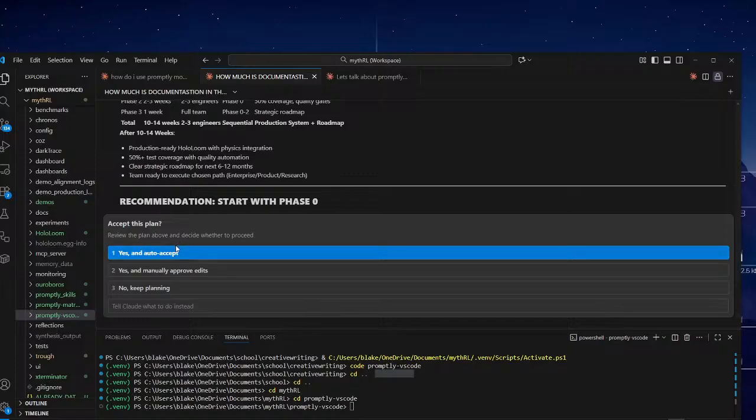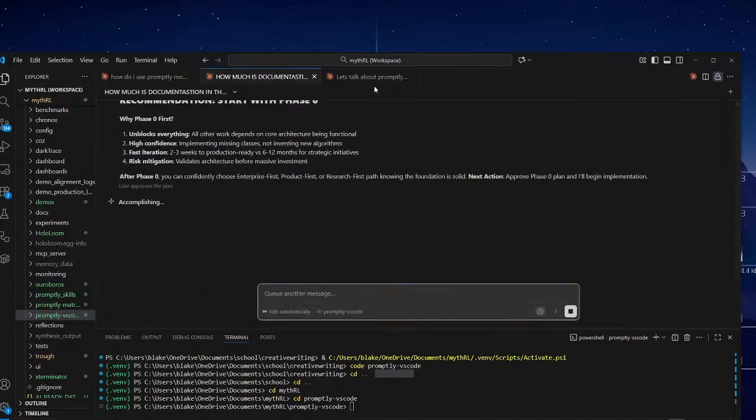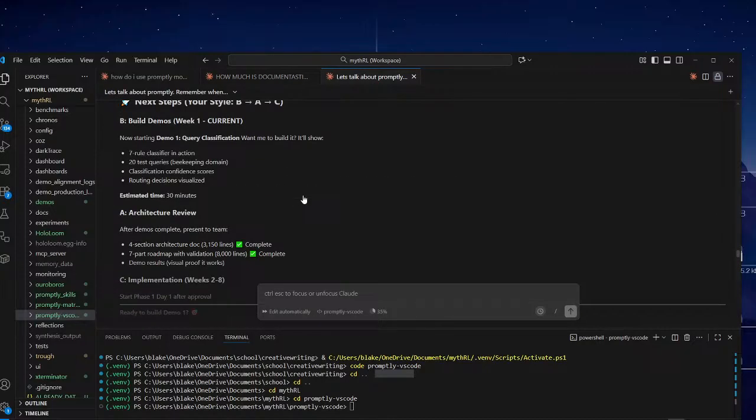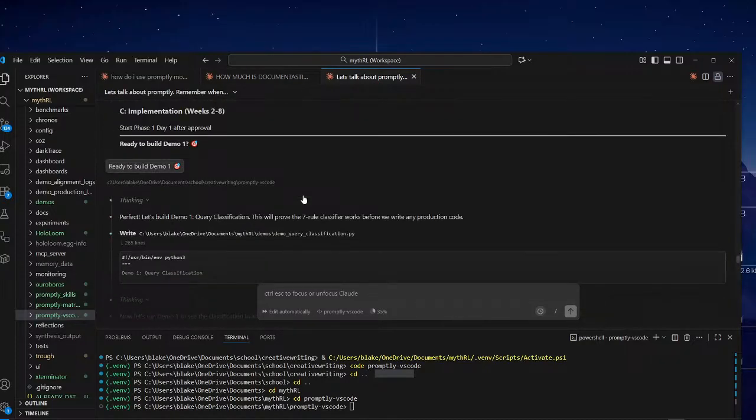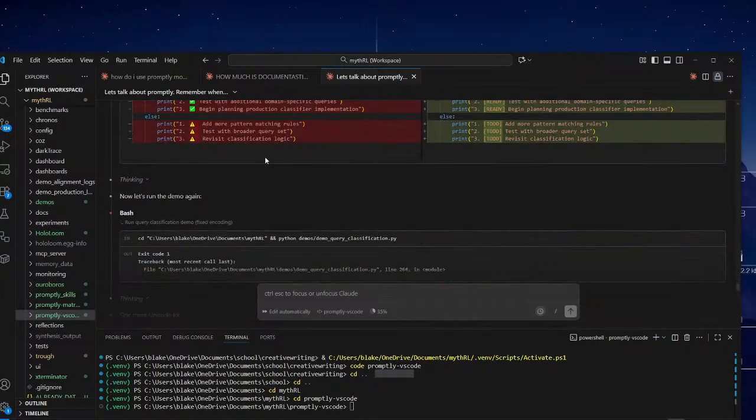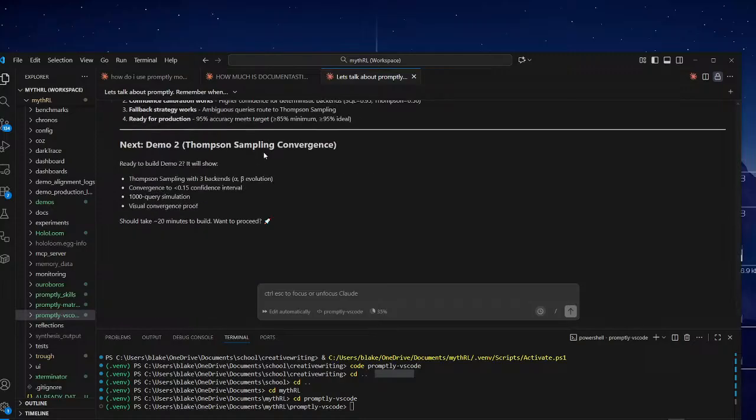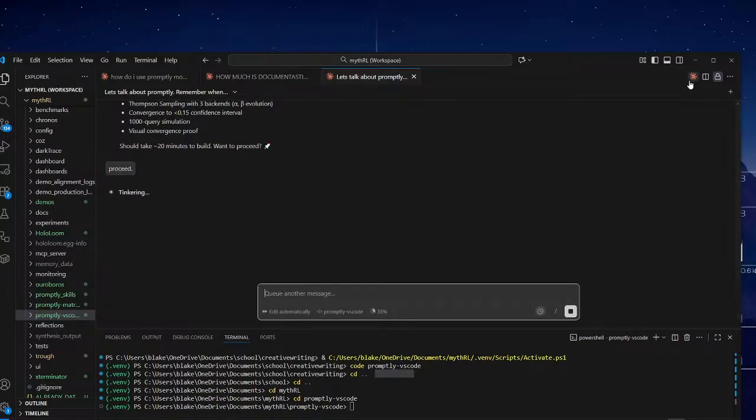Review the plan above. Yes, auto accept. YOLO! Moonshot! Alright, perfect. Let's build demo 1. I can take a little breather here. Proceed. Alright, so